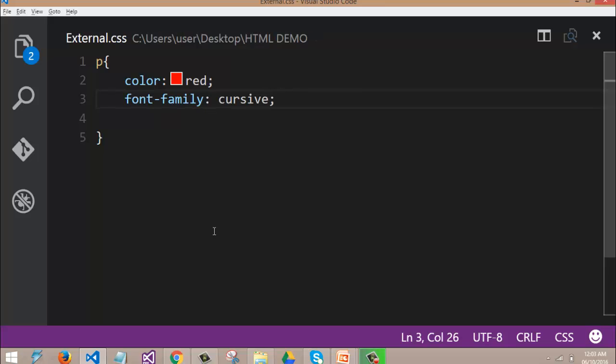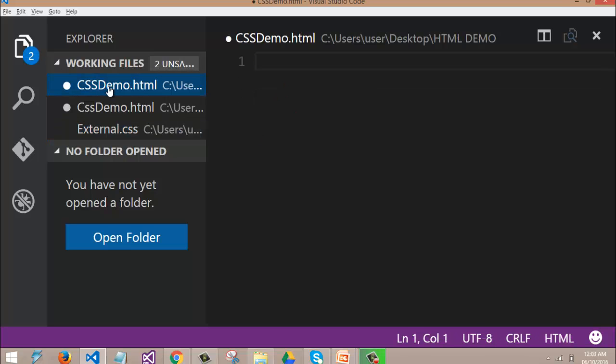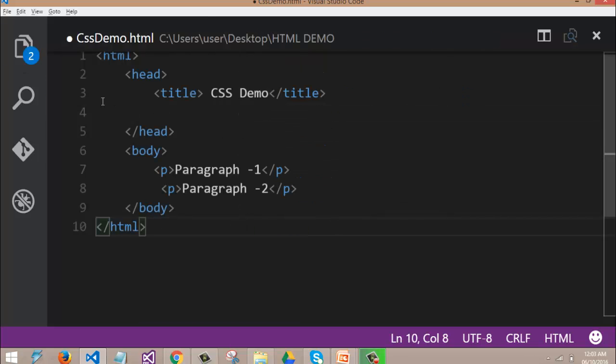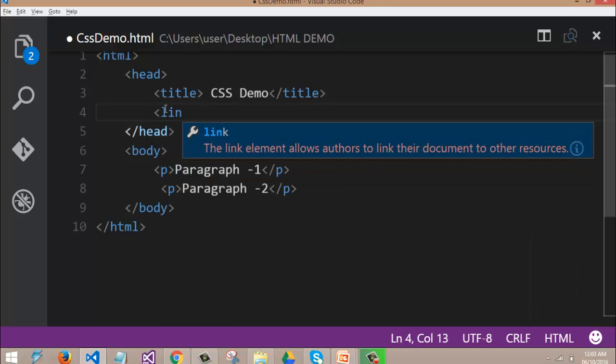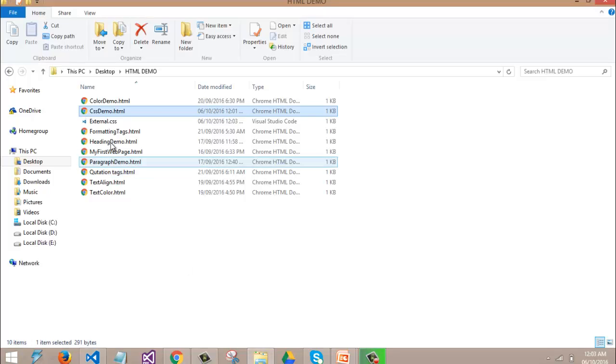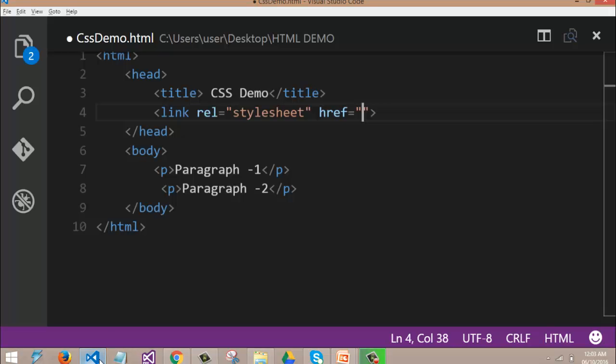Save the file, come back to the HTML file. Within the head tag we have a syntax called link. Here you should give the URL of your CSS file. Go to the file location, select your CSS file, copy the path, come back to HTML,